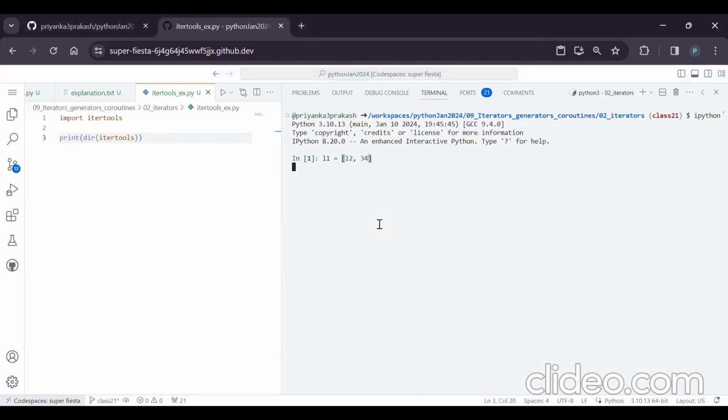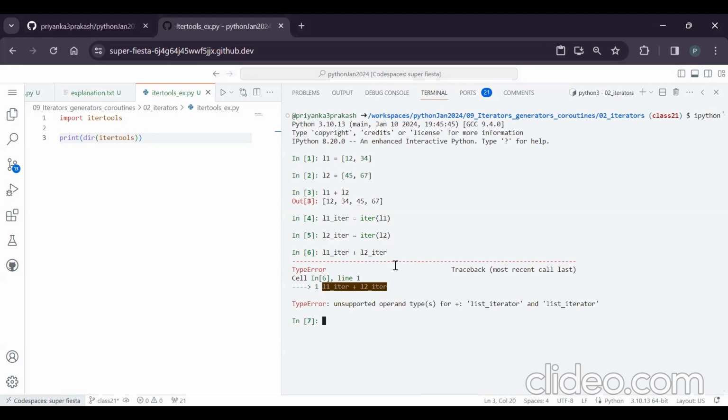So all 34, fine. List 2 is equal to say 45, 67, something. If I say L1 plus L2, this is list concatenation. What if I have list 1 iter I created, which is like an iter built-in function of list 1. So list 2 iter, which is like an iterator created from list 2. Now if I say list 1 dot iter plus list 2 dot iter,